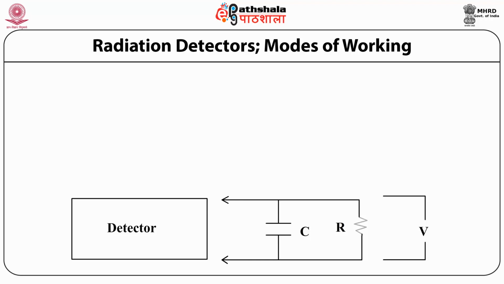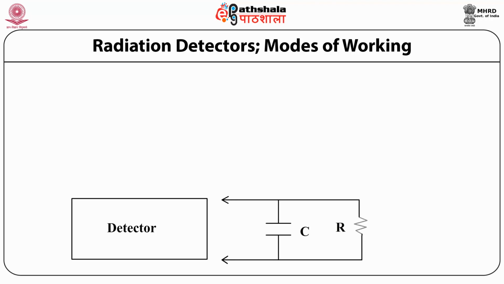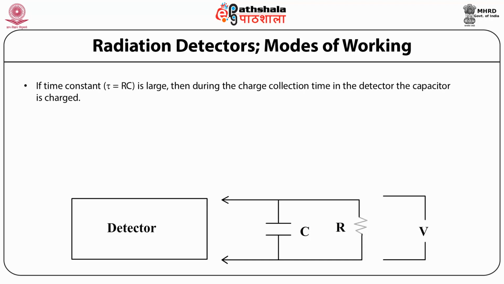Here in this slide, the detector is given and its electrical equivalent is shown. So a detector is electrically equivalent to a capacitor and a resistor connected in parallel. A resistor is nothing but a load resistance, across which we measure the voltage. If time constant tau, equal to RC, is large, then during the charge collection time in the detector, the